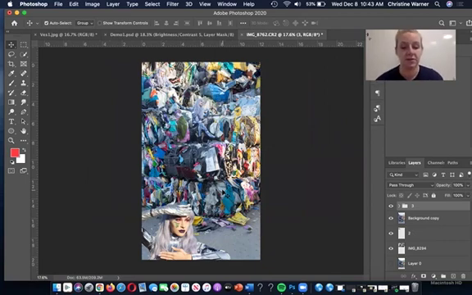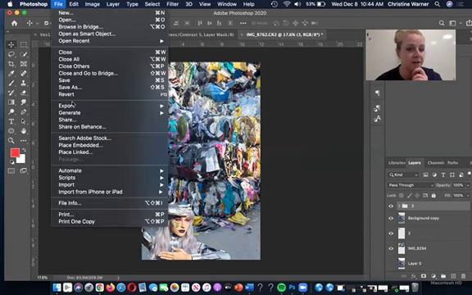Okay, next up, so we got blending modes. Adding a gradient mask. So I have a picture of my robot laying down as if she's been deactivated, and I want the trash to kind of blend with what's above it. So this kind of simulates an effect that you might do in the darkroom with a blending mask, like an enlarger blend. Only this is with the Photoshop tools. So I'm going to go File, Place Embedded,